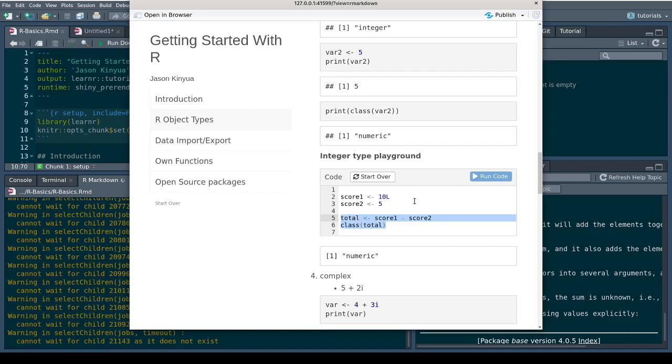Assume we were doing an operation between a character and a numeric variable. What will be the object type of the output? You know the answer? We will find out later when we look at the character type. But it will always take the most general type and assign it to the output.